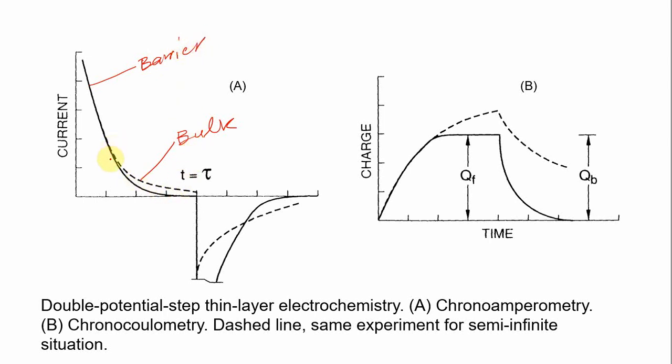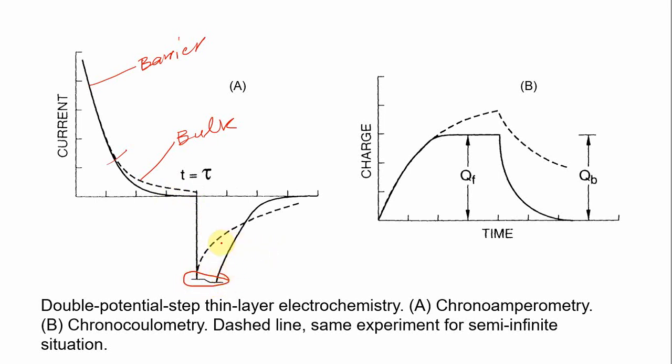So we see that at this point it starts to separate from the bulk behavior, which is given like this, and the effect of the boundary is very visible